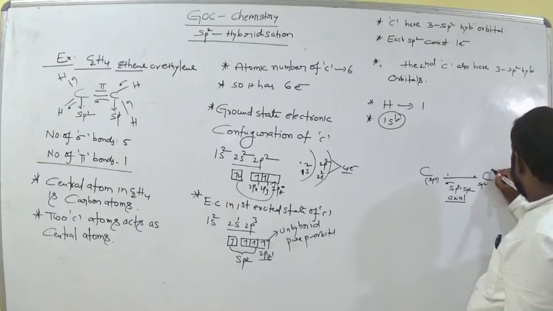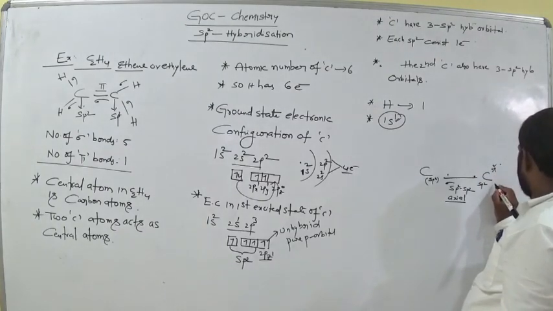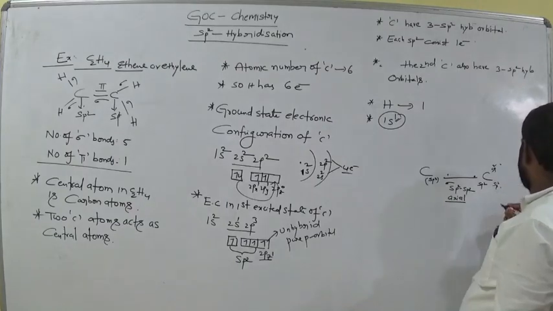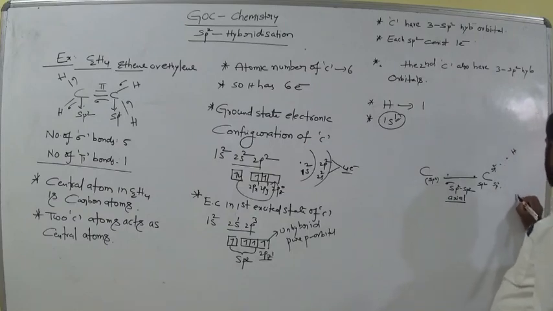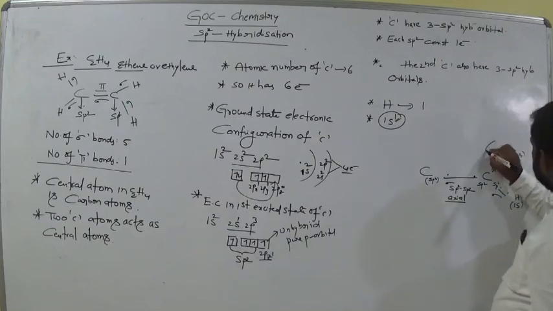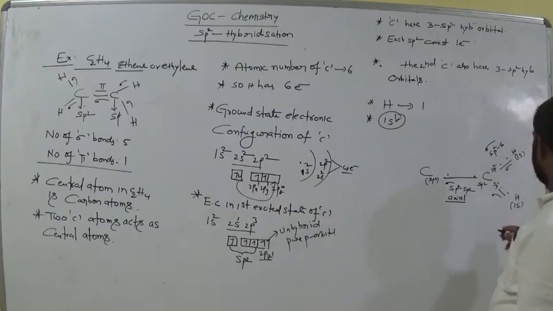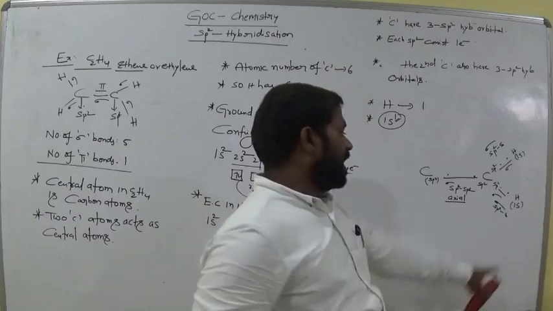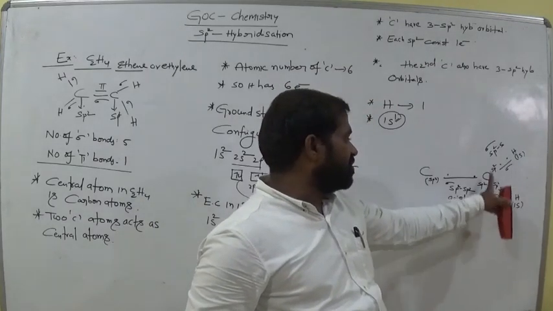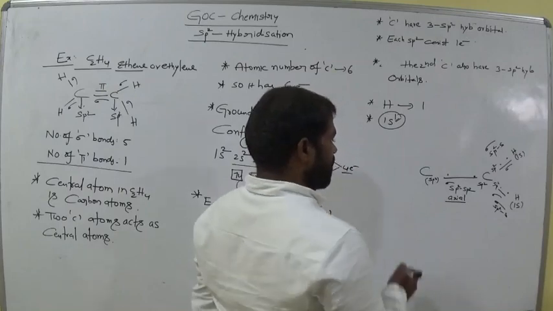Now this contributes one electron here, and this contributes one electron here. Now it interacts with hydrogen, which contributes one electron. This is hydrogen, contributing one electron. So axial overlapping, it is also a sigma bond. Now which orbital is involved here? 1s. So we call it a sigma sp2-s bond. Here it is also sigma sp2-s, am I right? From hydrogen the s orbital is involved, from carbon the sp2. Now are the 3 sp2 completed or not? Completed. Now the same here also.